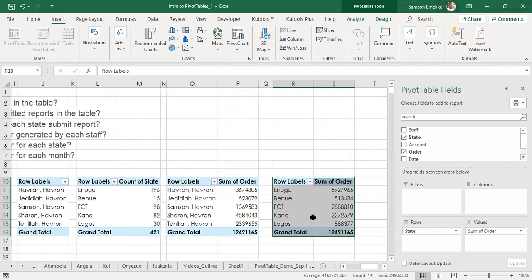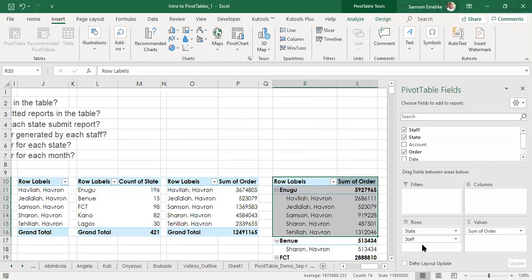Now, I may decide to see how each state fared. I want to find out the states, how many staff contributed and what did they contribute. Remember, the one we saw ago is staff, and then we segregated their respective values per state. But right now, I can bring in my staff here, and then you will see that for each of these states, these are the respective